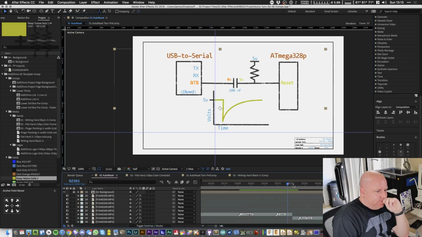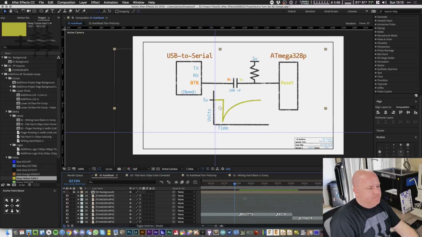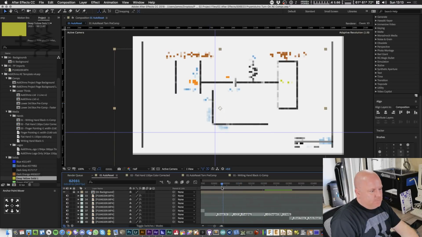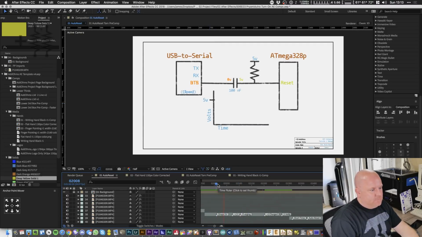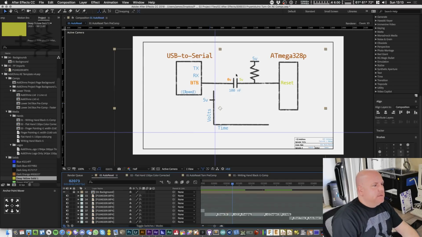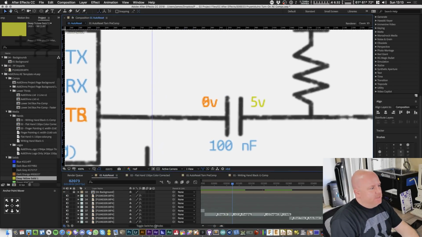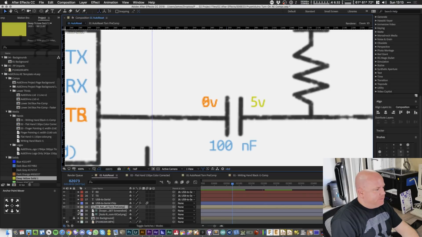Capacitor charges up. Now this short time. What's going on here? 5 volts across the capacitor. All right. So now what I want is I need